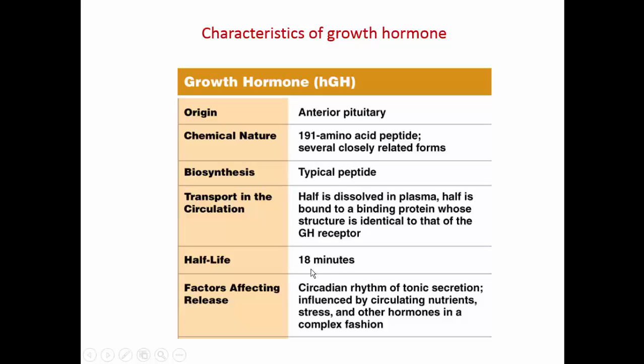So this half-life of growth hormone would be significantly reduced if the binding protein for growth hormone was not present in the circulation. And we've mentioned the factors affecting release. The circadian rhythms are important for stimulating release of growth hormone, particularly during sleep. Circulating nutrients such as glucose can affect growth hormone release, for example, if glucose levels are low. Stress can stimulate growth hormone release, as well as other hormones in a complex fashion,